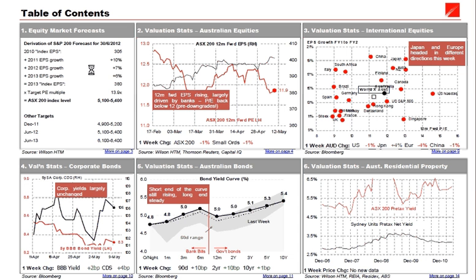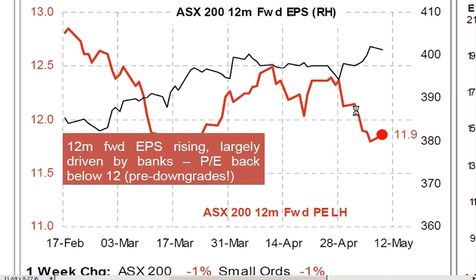In the first section, the equity market forecasts haven't changed for the last 2 weeks when we did some downgrades. Over the last week, in terms of Aussie equities, we've seen the Aussie market off about 1%. And we have seen earnings up at the same time, largely driven by resources. So we've been speaking about the expectation we have for earnings downgrades, and we follow that through.